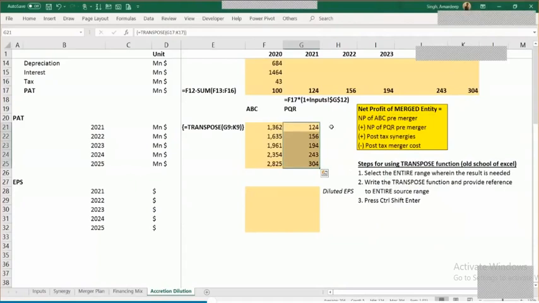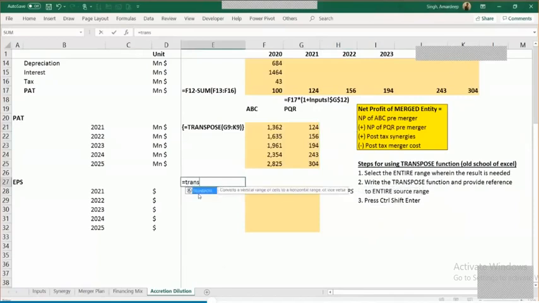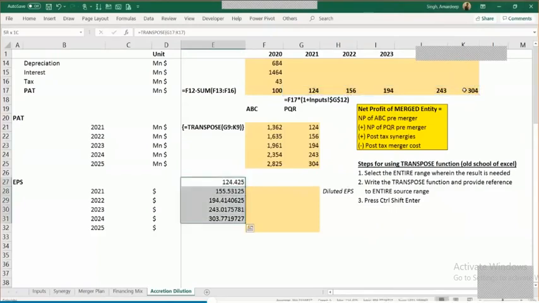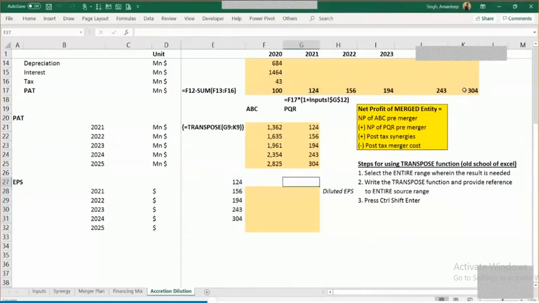Now, I was just saying that this new school of Excel is very good. What it does is that it doesn't require this Control Shift Enter. You don't really need to do that. You simply write equal to transpose, give the range, close the bracket, and press a normal Enter. No need to press Control Shift Enter, no need to select the entire range for putting the result. Simply press Enter and it will automatically fill it for you. You see, it will automatically fill it for you. This is called data spilling.